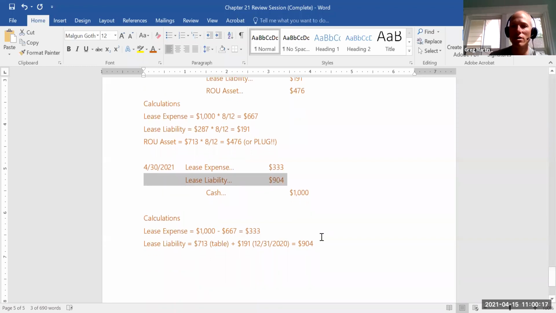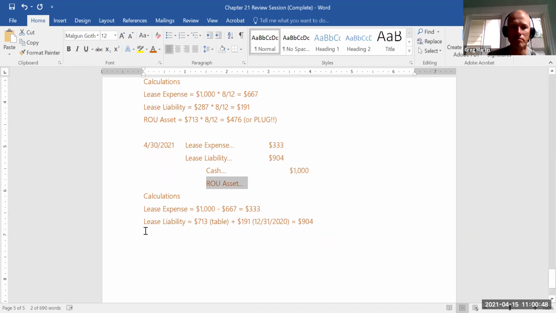But of course, when we do the math, does everything add up? Remember, there's a lot of things going on. We have to record cash payments. We have to amortize the lease liability. We need to record the lease expense. And then what's the piece that mechanically ties it all together? The amortization of the right of use asset. And so in order to complete the journal entry, we need to make sure that we amortize the right of use asset. And the amount,